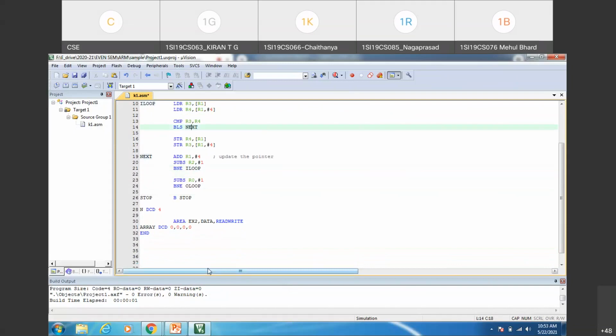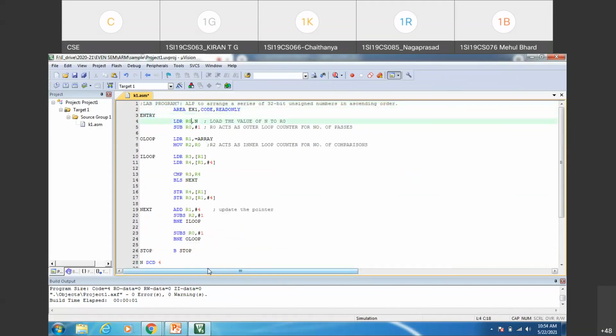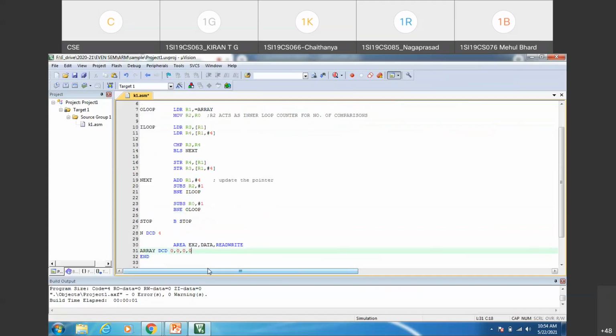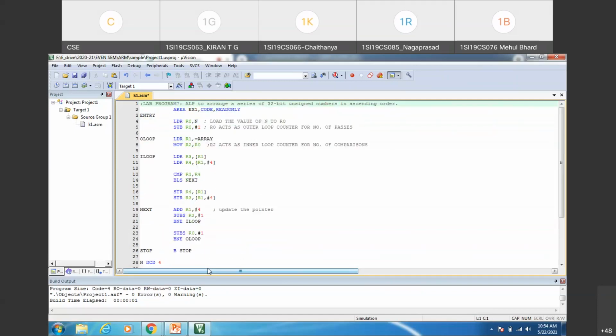How it works, we'll see with tracing during execution time. So just analyze the order in which we have written the statements and how we have implemented the nested loop in this bubble sort program. Before writing the outer loop, you see that the counter is initialized before the outer loop. R0 counter is initialized before the outer loop, and R2 counter is initialized before the inner loop. Don't have this counter initialization within the loop. What happens if you give it within the loop? When the control comes to the beginning of the loop, the counter gets reinitialized with that value and the loop will never get terminated. So see that the counter is initialized before the loop begins.